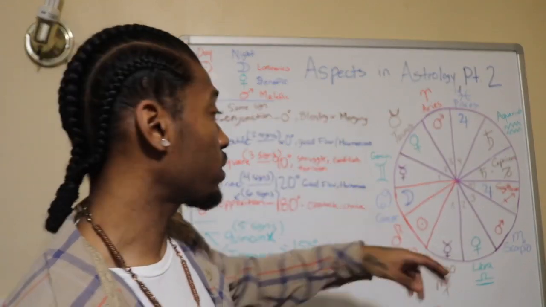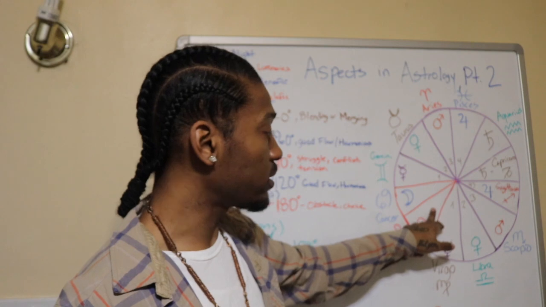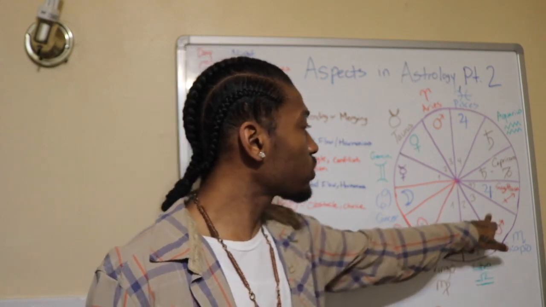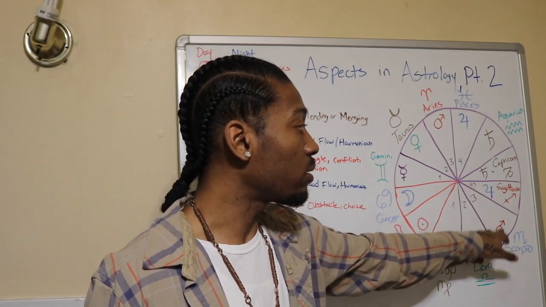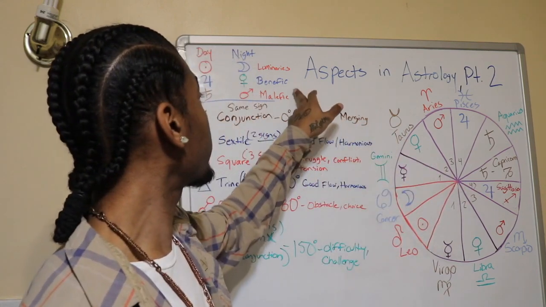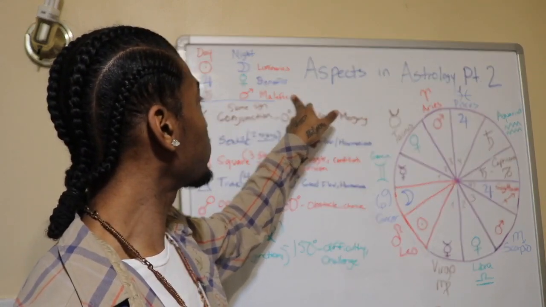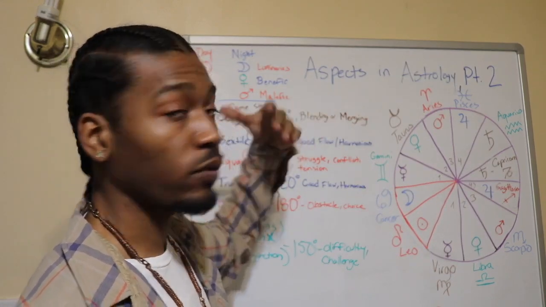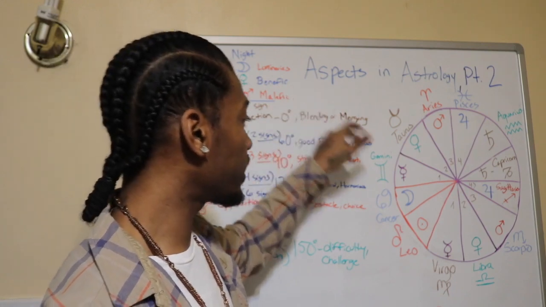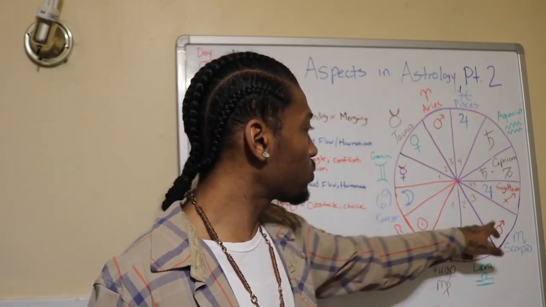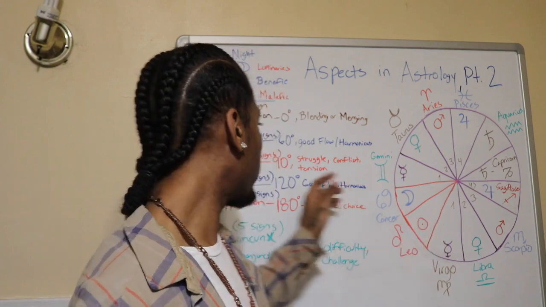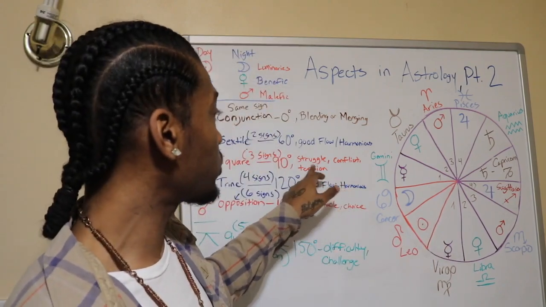Excuse the noise in the background, but 3 signs away from the sun. 1, 2, 3. We have a Mars here. Mars is what? A malefic planet, right? Just like Venus was a benefic planet, so it was more flowing. So Mars is a malefic planet, right? So 1, 2, 3. So this shows between the square aspect there's going to be conflict, tension, or struggle, which